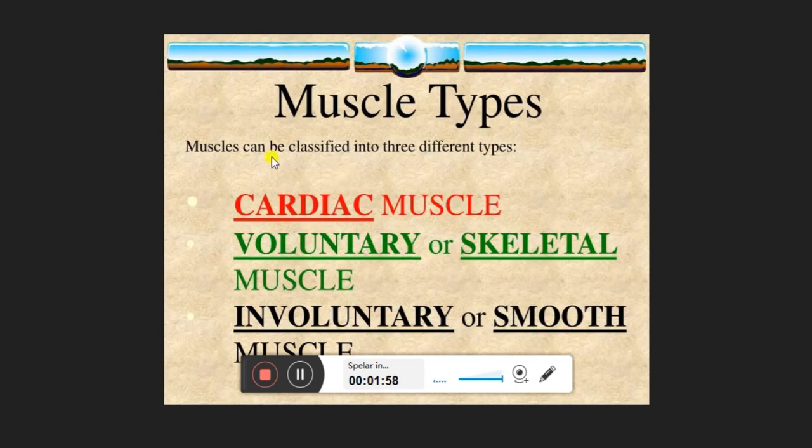So children, here you can see the muscular system has three kinds of muscles. One is the cardiac muscle, another is the voluntary or skeletal muscles, and the third one is the involuntary or smooth muscles. In your book, involuntary and voluntary are given, and the cardiac muscles are added into the involuntary. So basically, what is the meaning of voluntary and involuntary? Voluntary means when things are dependent on your own wish. And involuntary is not dependent on your wish, so they move on their own. So voluntary is what? Willingly.